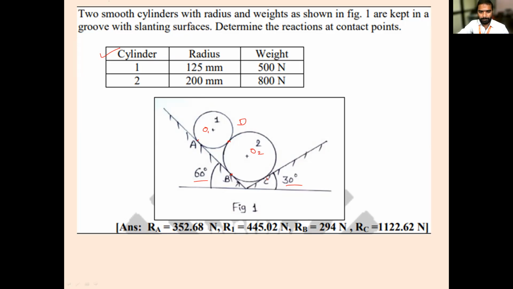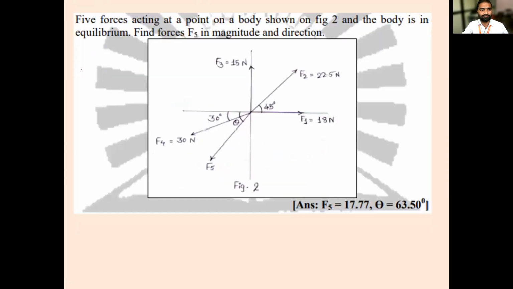Sir, show the homework. Yes, homework. Take down this one. This is for your homework. So what is given? F1, F2, F3 and F4 are given. F5 is asked, and the corresponding theta 5 is asked. All of you take down this screenshot. You have to solve it. There are answers also. F5 and its theta are given. Okay, you have to solve this one. If you are not getting it, we will take this in the next class.